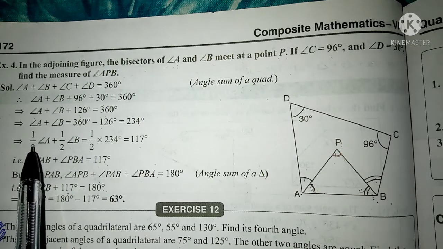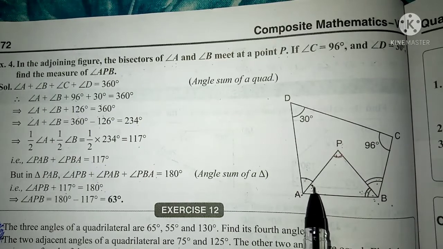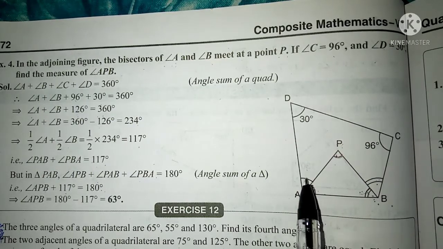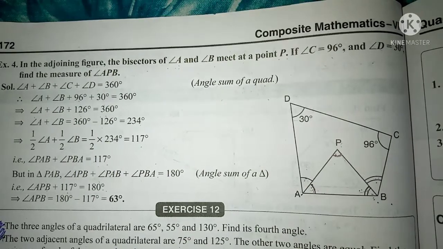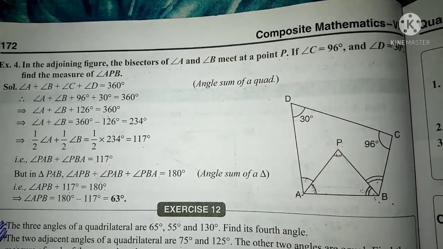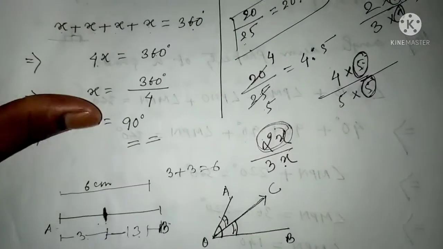Why can we not multiply by some other numbers? See here, when anything is equally divided, what does it mean? This is half, this is half, isn't it? Half of anything means the thing is equally divided. You can see it here for this part.